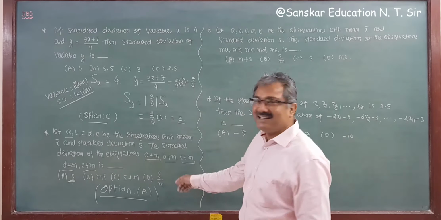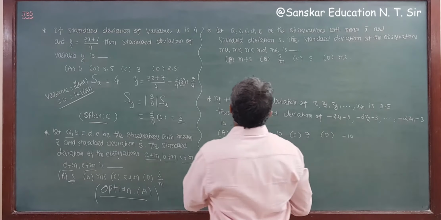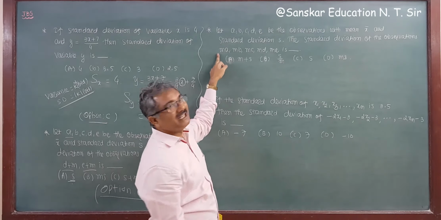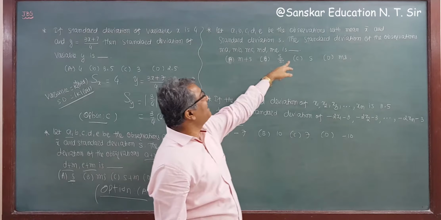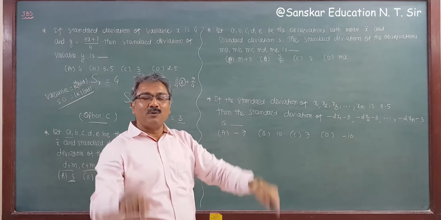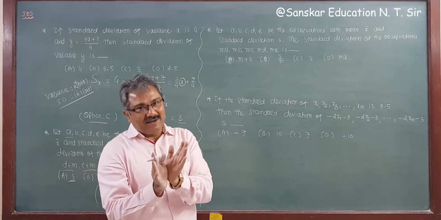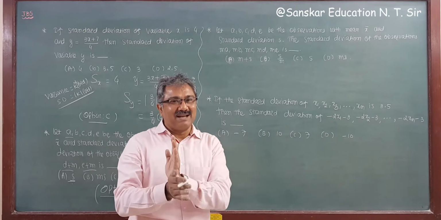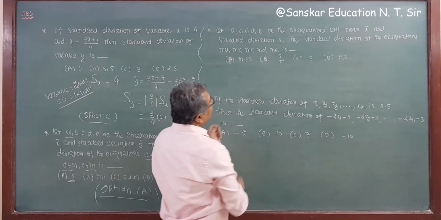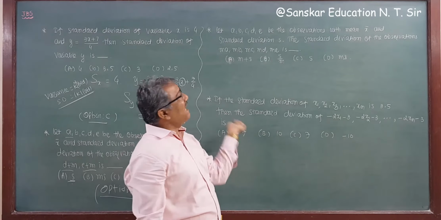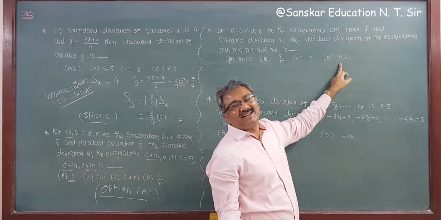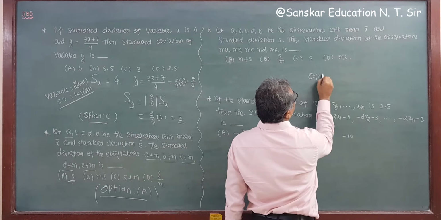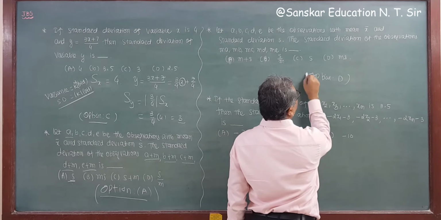Okay, now got it? Now with the same example, the same observations are given and here we multiply by m. Then the standard deviation is m times the old standard deviation, that is, we have to take modulus of m, right? That you know. So I am only saying m times or k times. So what is your answer here? M times the old one, that is ms, not the ms Dhoni, only ms. So option D is the correct answer.